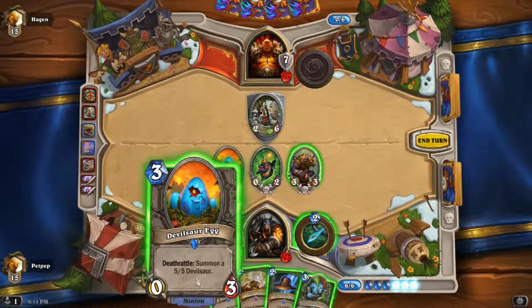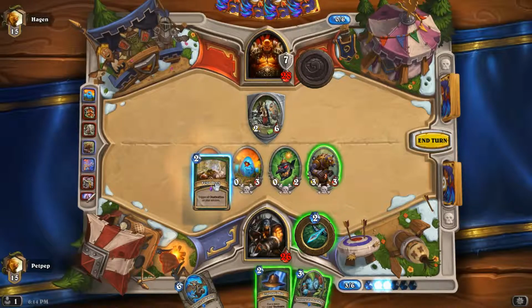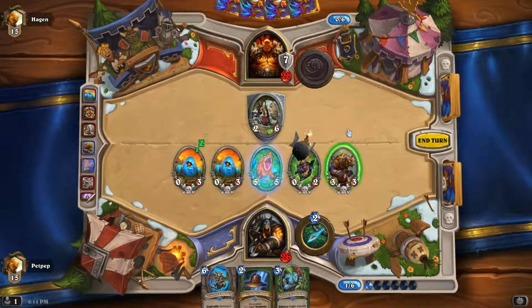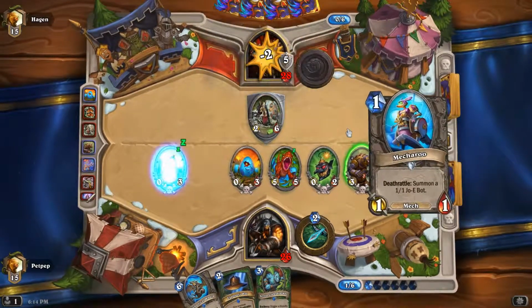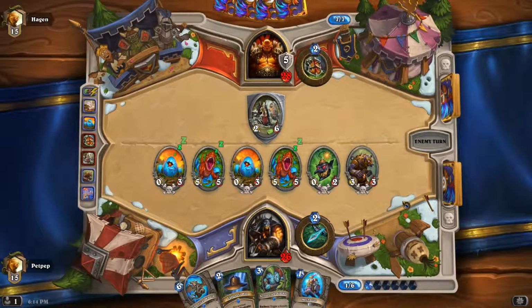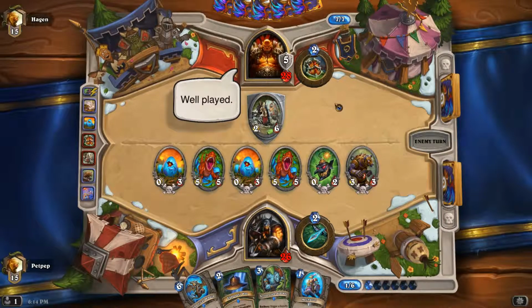Okay, so I propose what we do is this. And trigger all death rattles. Woohoo! Look at that. We're not trading in with the bear, so that way he has to trade into a minion in order to...